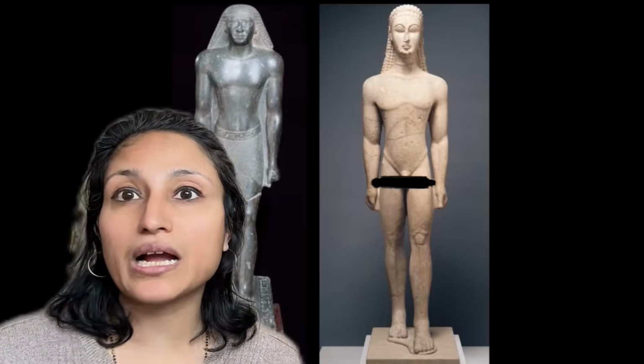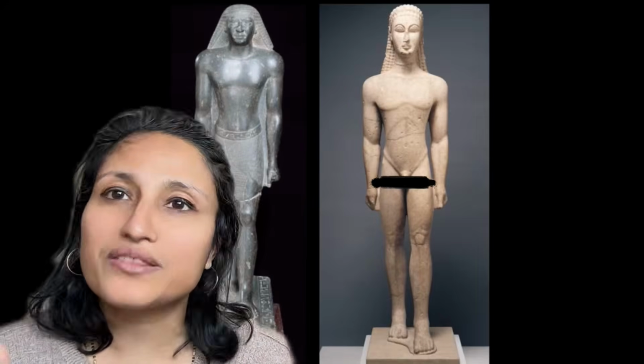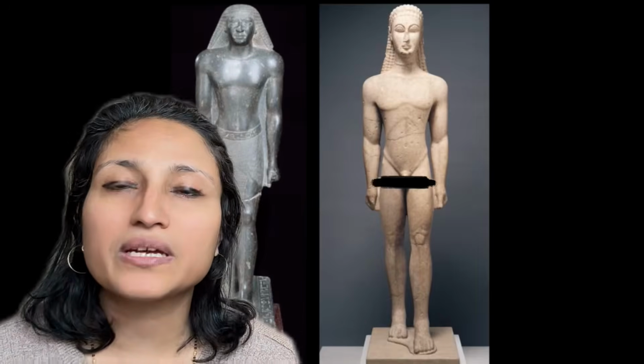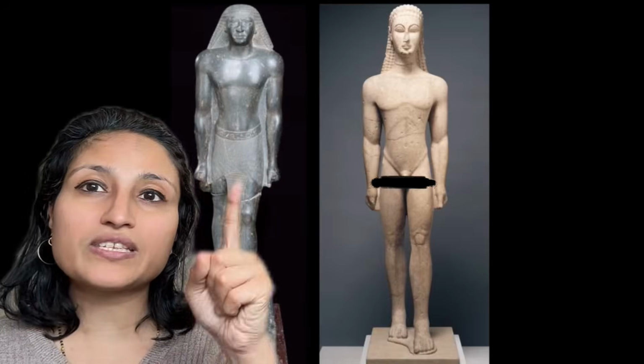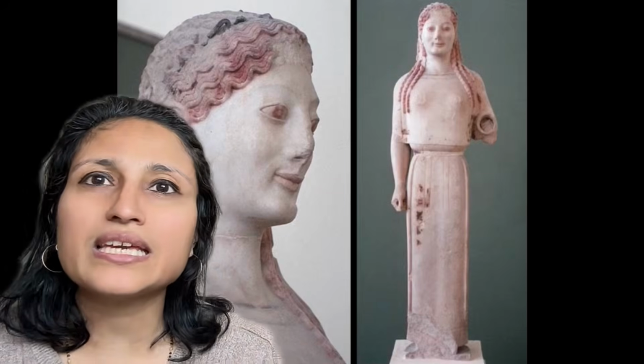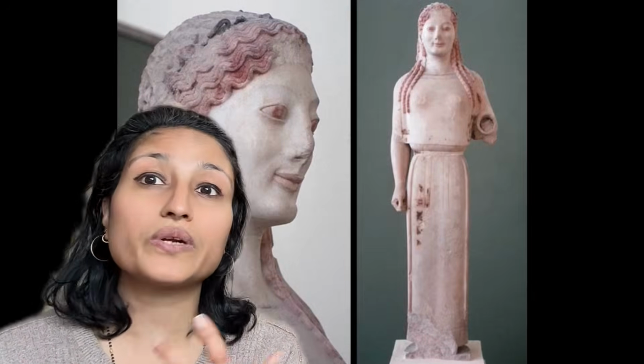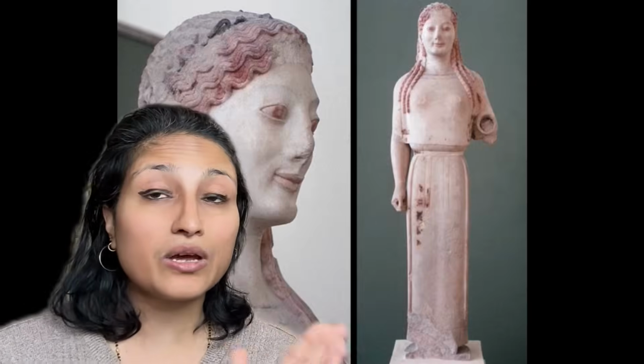This is called a Kouros, or a young man. One thing I also read on the internet is, God, they're so bad they can't do realism. But remember, this is about 100 years earlier. So these are like 500 BC. They are looking to their peers, the Egyptians, who create these stylized images. This is not about realism.